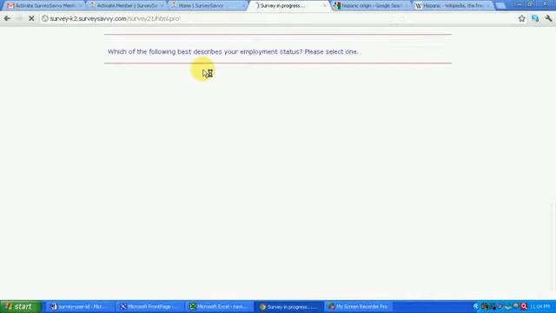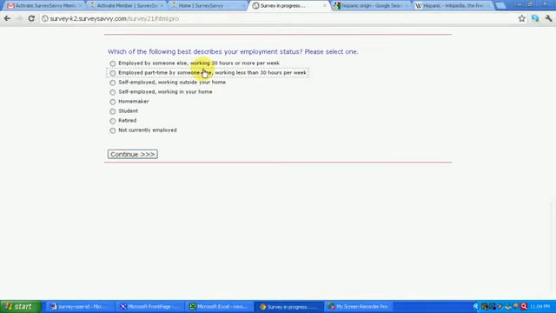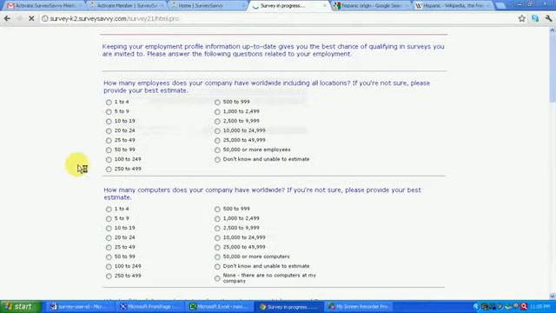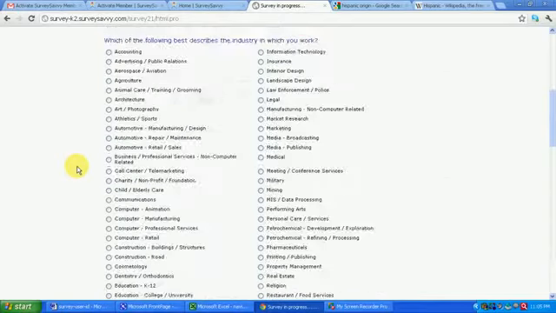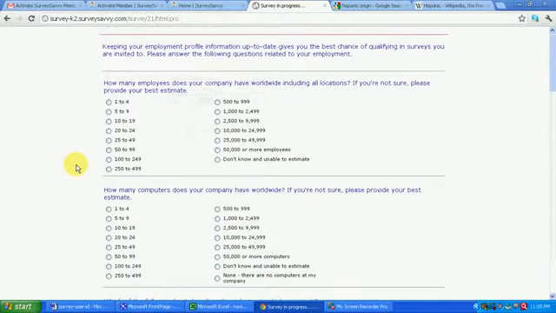If you see, some more questions might come, or let's say a survey has come over here. So you can take this survey. Now this is not a paid survey, this is basically to update your profile in their database. So you can take the survey, let's say we write self-employed, working outside of home, continue. Then again it will ask questions. So you can fill up all these questions. This will help the company to have a better view about what you do and about yourself. So it's good advice to go for it.